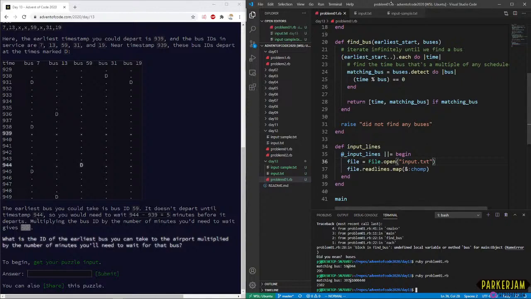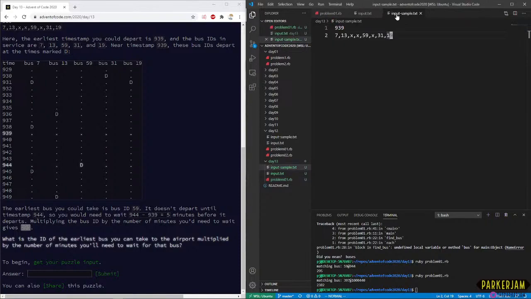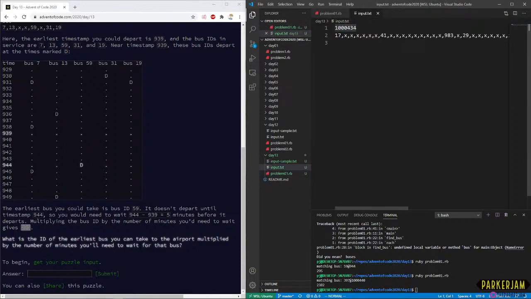Okay, so let's see if this bus actually makes sense. 397, that's actually a real bus. And what's this? Thousands, million.